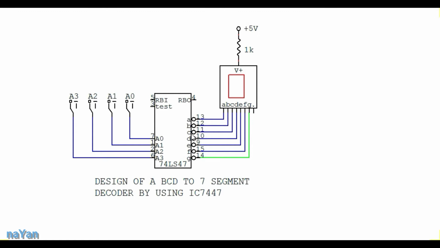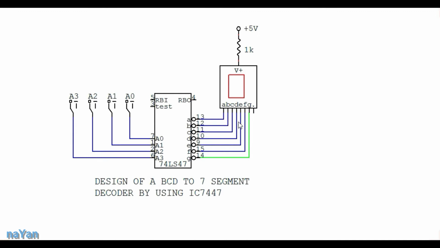The pin numbers of the IC are given here. So the connection is very simple. We just connect A to A, B to B, C to C and so on. The connections from input to the IC's input and the output to the 7 segment display input are very simple